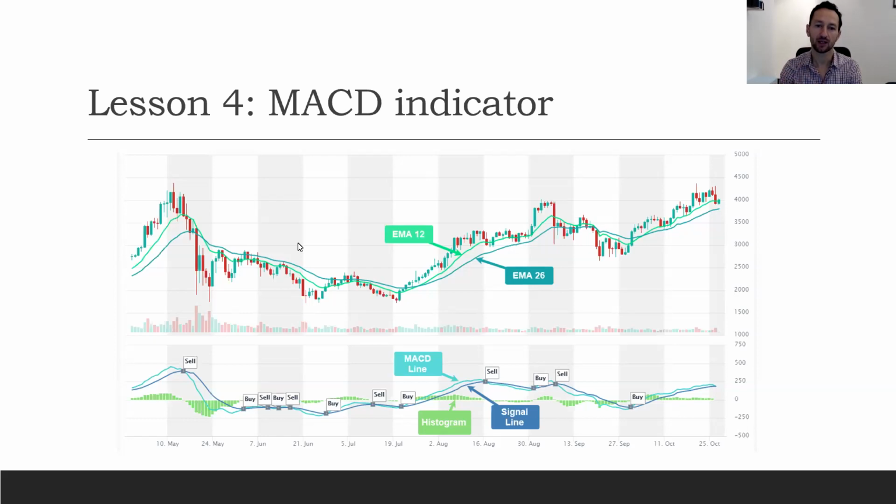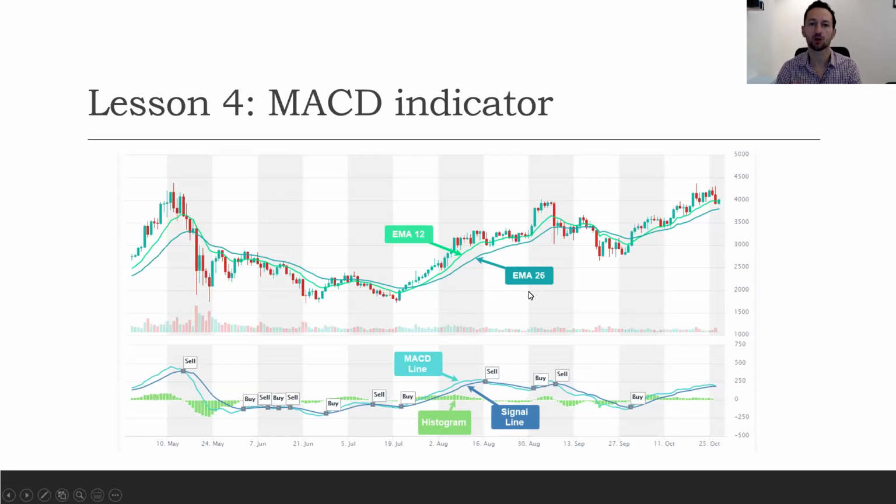And so this indicator MACD uses EMAs, EMA 12 and EMA 26, as you can see here in the top price chart. Now, the EMA 12, because it's a shorter time period, copies the price closer than EMA 26,